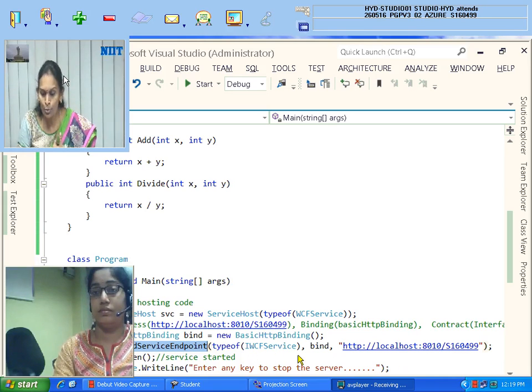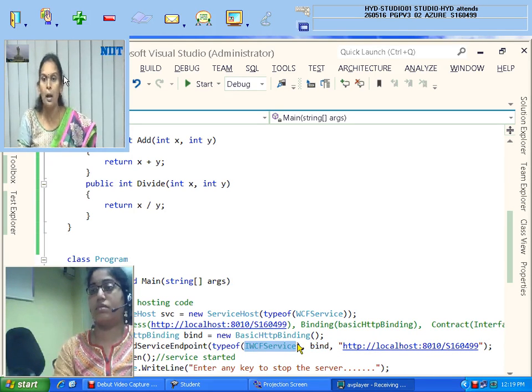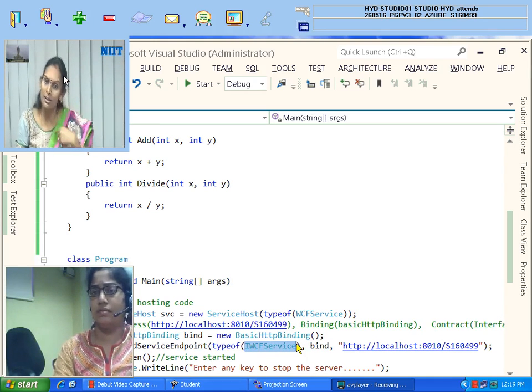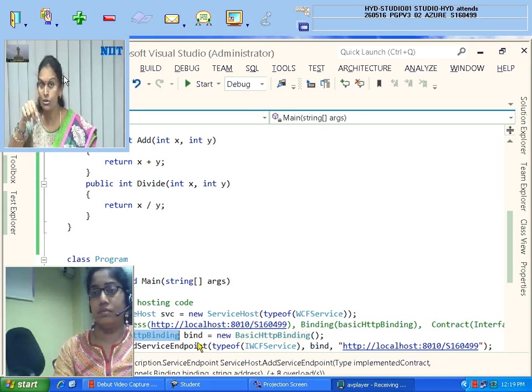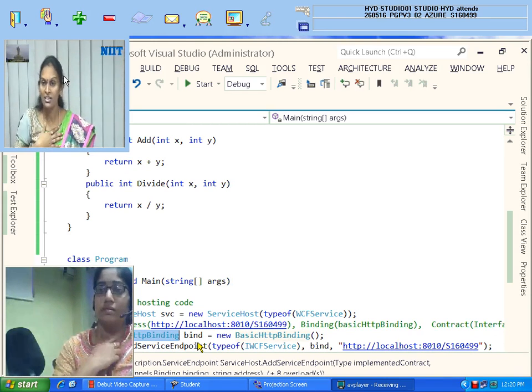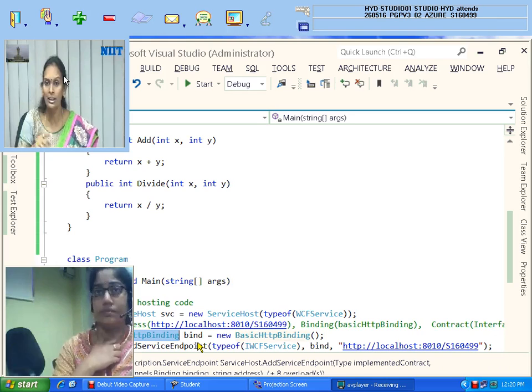The request will come to my address. If anybody is trying to access with this address and this binding, it will come to my interface, and the interface will pass the request to me. So you don't have permission to send the request directly to me. It comes to my gateway interface, and from there it comes to me. But that's true only if you use the same binding. Whatever binding I have used, the client must use the same binding. Otherwise their request will not reach me. It is like I am having one channel at 40 frequency.